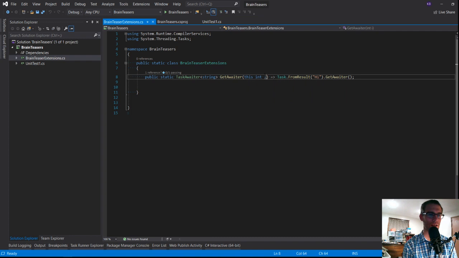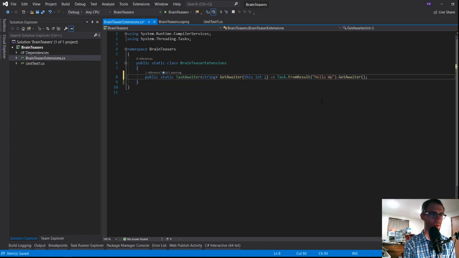This was the bit that I had known before, that async and await just relied on the GetAwaiter method, but I didn't realize that it allowed for extension methods to implement this, which was the new bit, my realization today. So in this case, let's make it so my unit test passes.